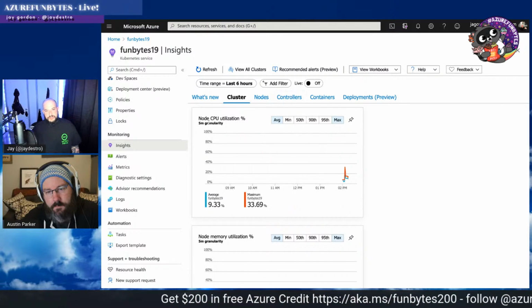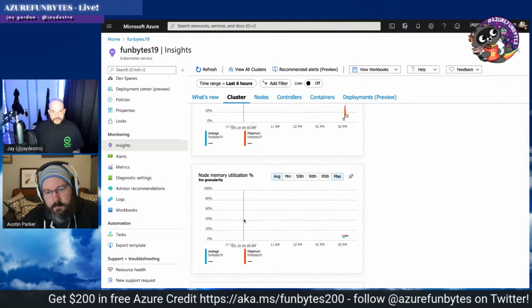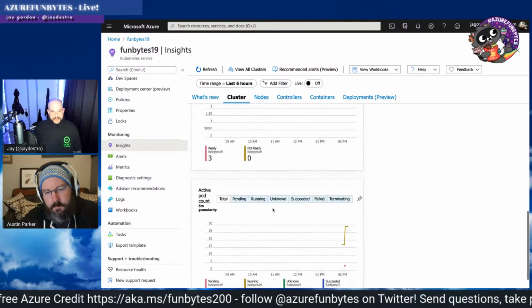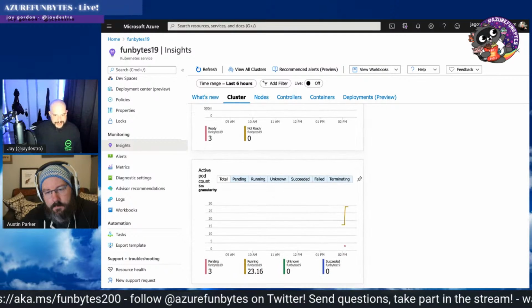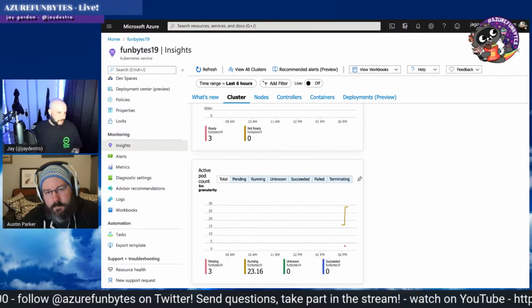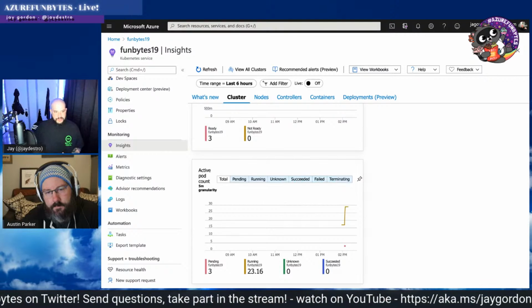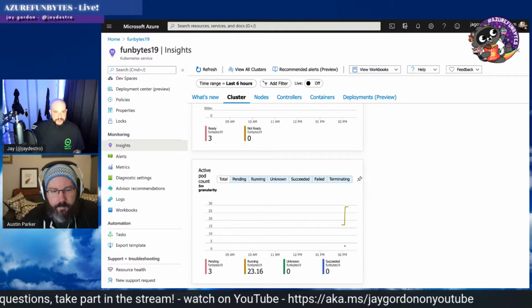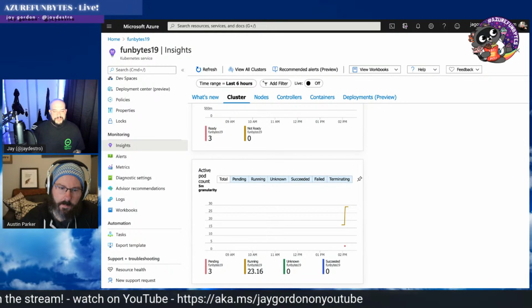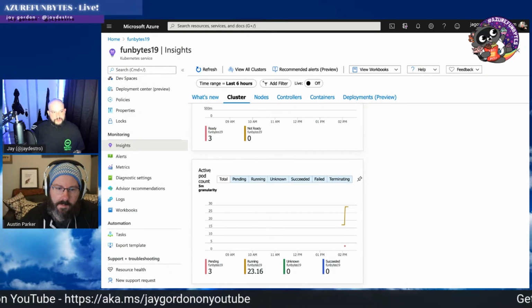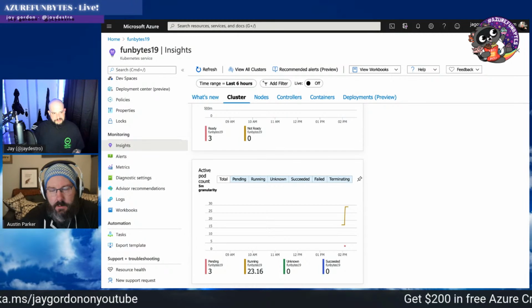Here we see node CPU utilization, memory, node count, active pod count, and these are great simple numbers, but they're not going to give me a little bit more real-time information that I could use in an SRE kind of situation, I think is the best way to put it, right, Austin?